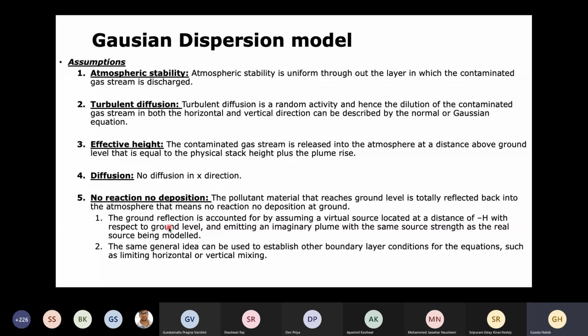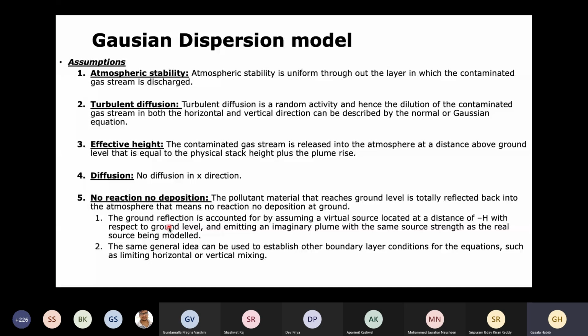Gaussian plume model: there are certain assumptions because the whole atmosphere is highly dynamic in nature. We cannot simulate all the characteristics of the atmosphere. So some assumptions are made to simplify the mathematical expression for the dispersion model. For example, atmospheric stability. Stability classes have been defined. We will learn about that in the next few slides. And it is assumed that atmospheric stability is the same throughout. It is not changing